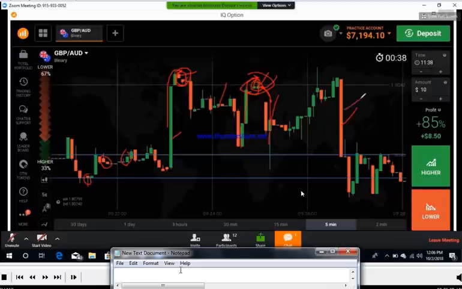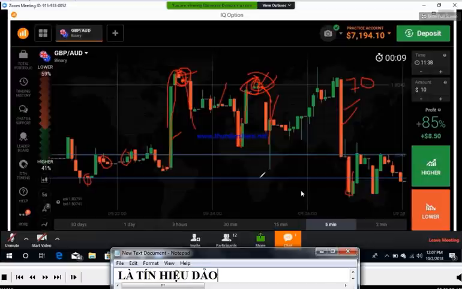And this is a strong candle. We can't take two very big candles as a confirmation, because these strong candles work as reversal candles almost 70% of the time. 70% of the time it will reverse the market. You can see here, this is a very strong candle, it reversed, right? This is a very strong candle, it reversed. So strong candles work as reversal candlesticks, almost 70% of the time. I will show you some more examples.